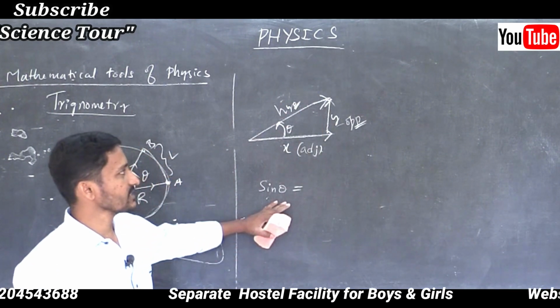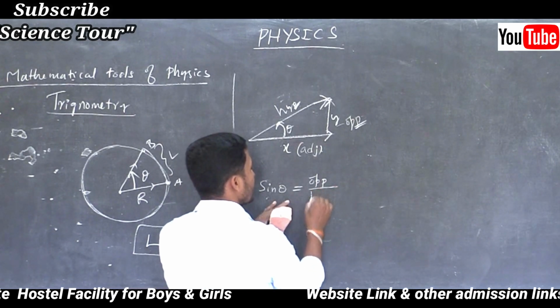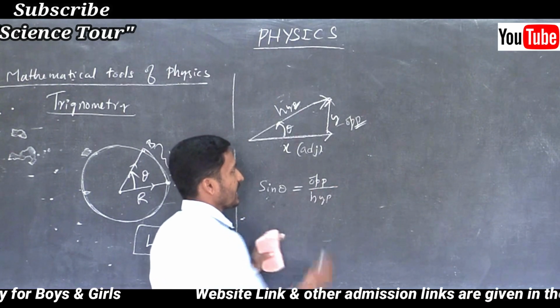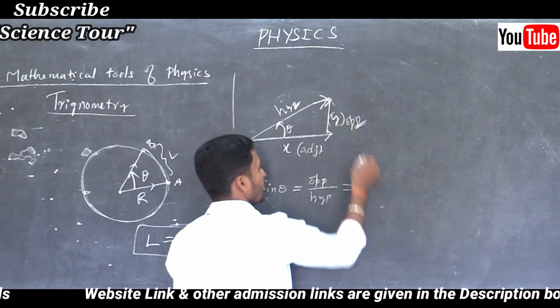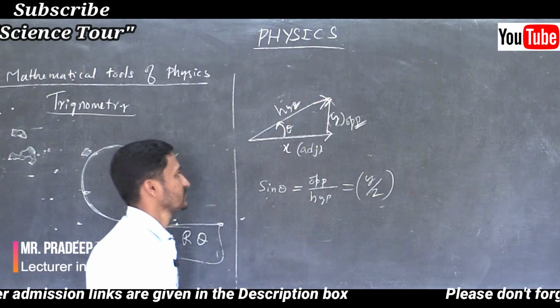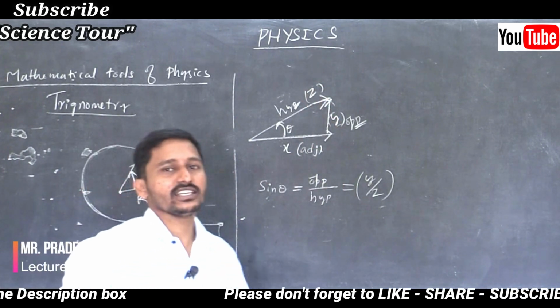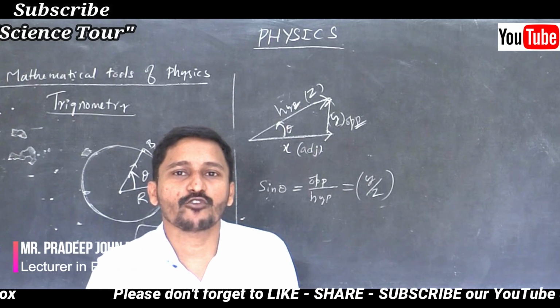Now sine theta is nothing but the opposite side divided by the hypotenuse. I have given the names here, so I can write it as y divided by z. This I will name as z. Similarly, what is the definition of cosine?